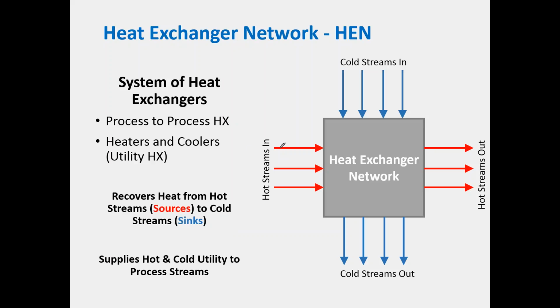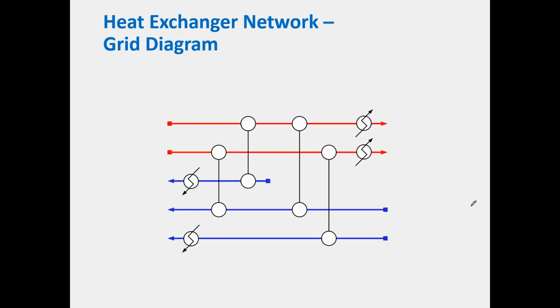And so, as we said before, we have a number of hot streams in our process and a number of cold streams. And really the heat exchanger network is the structure of heat exchangers which are providing heating and cooling and also recovering heat. So one of the ways which we show this so we can actually understand it a little bit better is by what we call a grid diagram. There's no real set convention on how to draw these, but typically you have your hot streams on the top, and they may go from left to right or right to left,